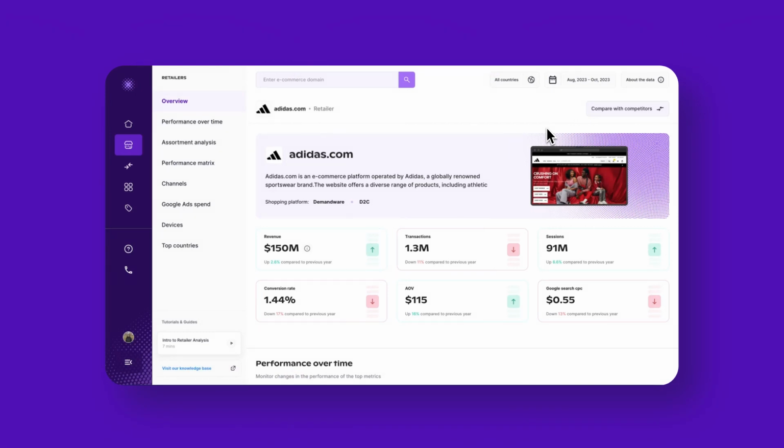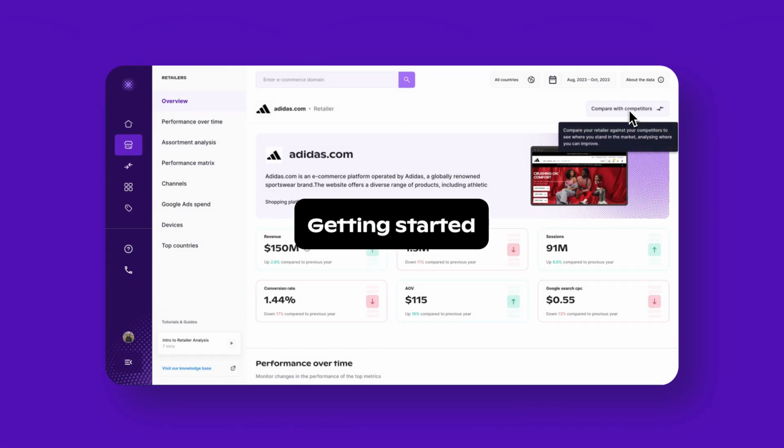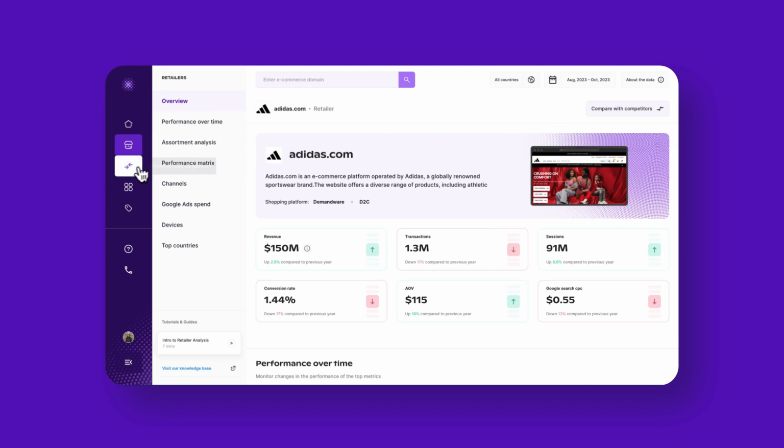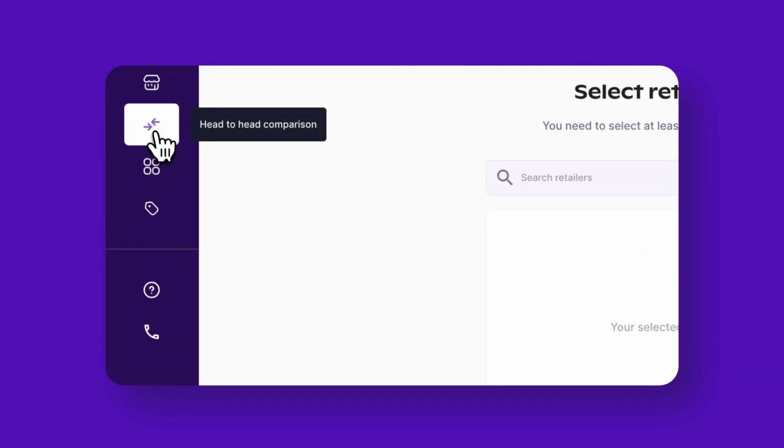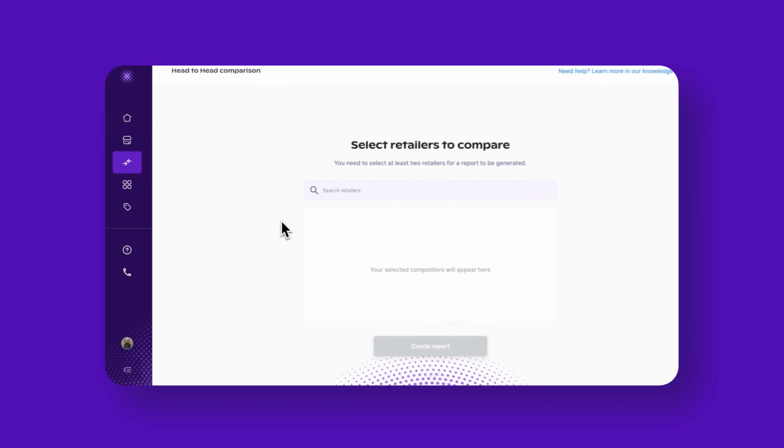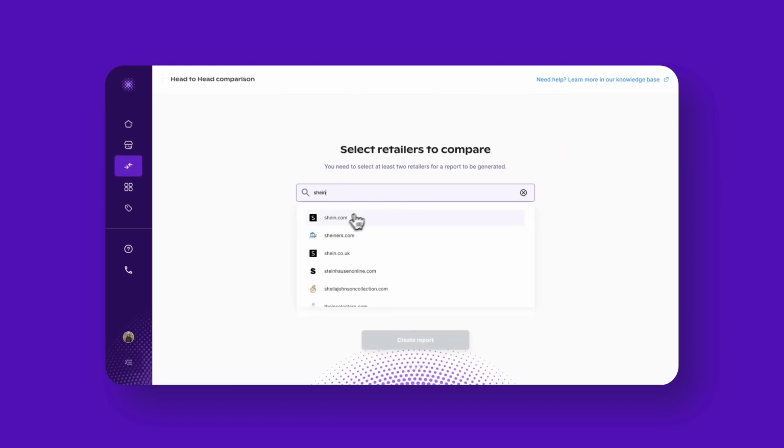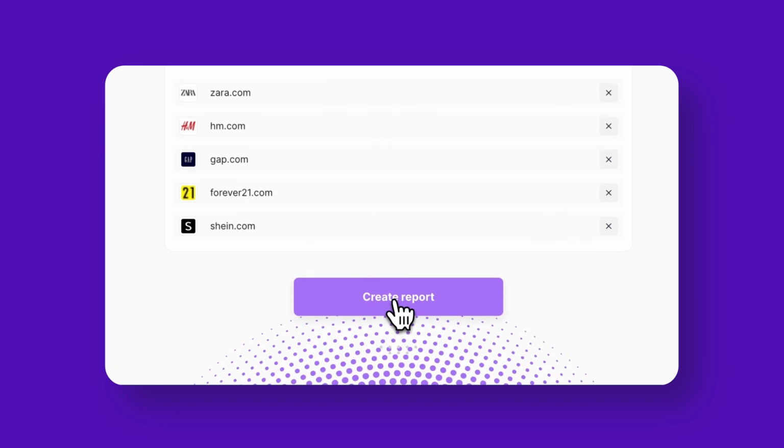First off, you can always launch the head-to-head view when you're on a retailer page or directly from the sidebar. To begin with, let's define our custom industry or competitive set. Plus, there also isn't a limit to the amount of retailers you can actually select here. Now let's take a look at some fast fashion websites, including Shein, H&M, Zara, Forever 21, and Gap for our